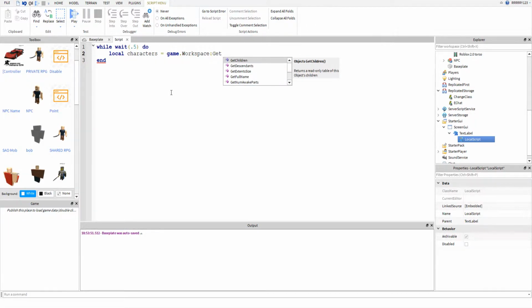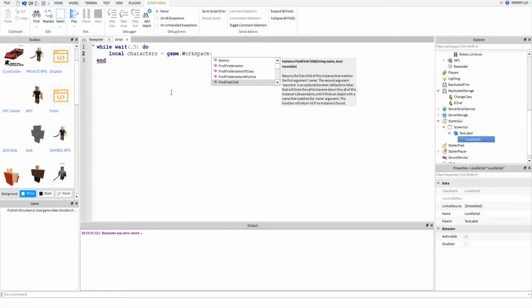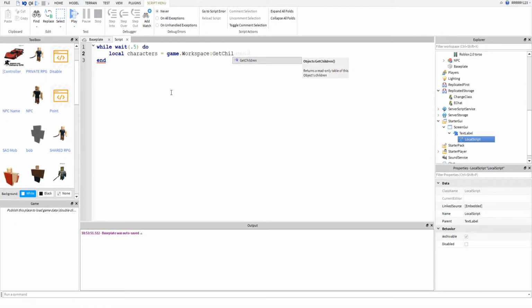You know, I could have swore there was a way you could find all the children of a specific type. But I guess you just have to get everything. So we'll say get children. And then we'll say for underscore character in